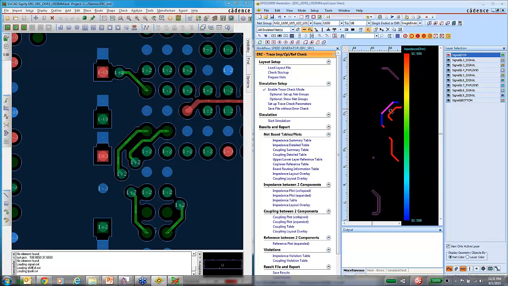So that's going to jump me directly to that particular point on the board. And I can begin to take a look at why this particular segment run here has such a high impedance value. One way to do that is I can turn off all layers. This particular signal is on the top layer, and so I can take a look at maybe